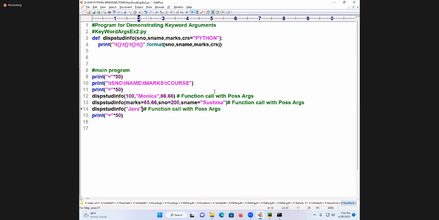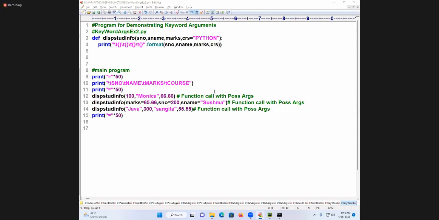So student number is called 300. Next is called Sangeeta, a morning student. So writing like this. And next marks is something like 55.55. Function call with what arguments? Are you following this?